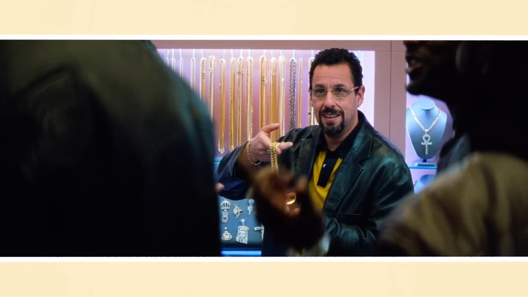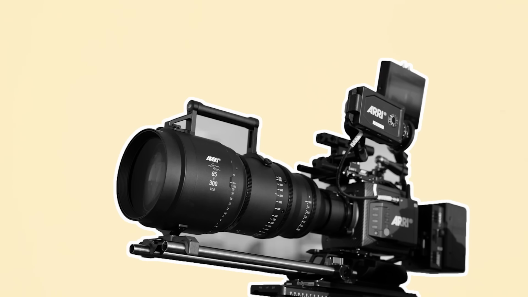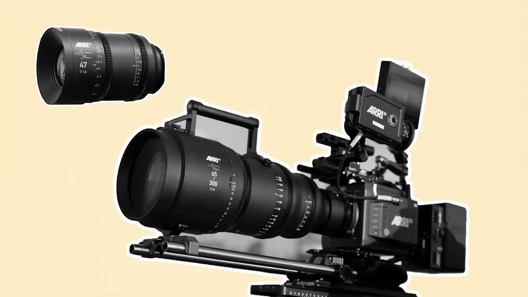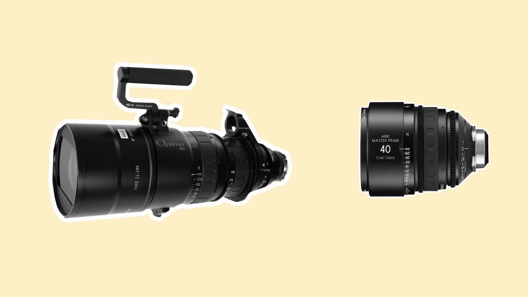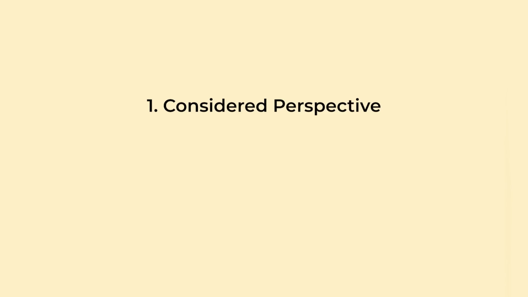I should add as a caveat that modern, high-end cinema zooms are constructed to a high degree of optical quality that is comparable to many prime lenses. But you pay a pretty penny for that level of cutting-edge engineering. When you're looking at zooms and primes in a comparable price range, primes usually have the winning optical edge. So 2 down and 3 more to go, but before I get to the next reason, let's take a moment